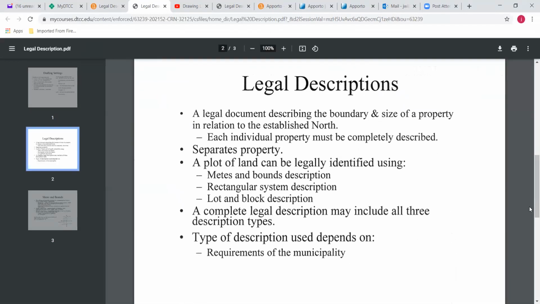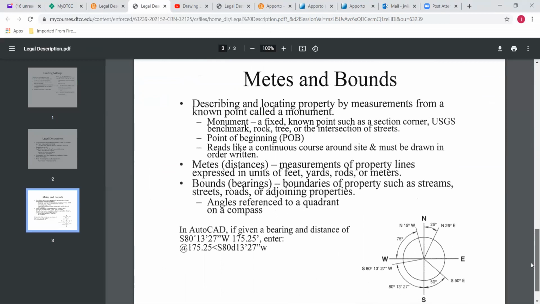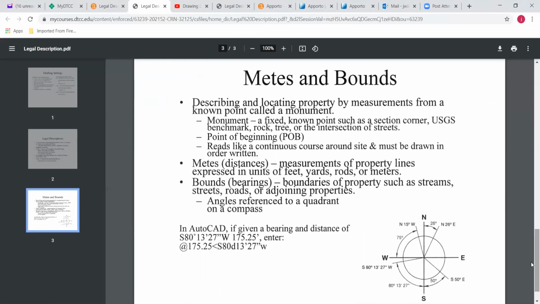And this simply describes what a legal description is. You guys know what that is? Okay. And then you might want to print this out because this is going to be an aid to you in terms of how you use AutoCAD to draw property lines at the metes and bounds of a property line. Okay, so this is the format that we're going to be using to draw those metes and bounds, which actually is a relative